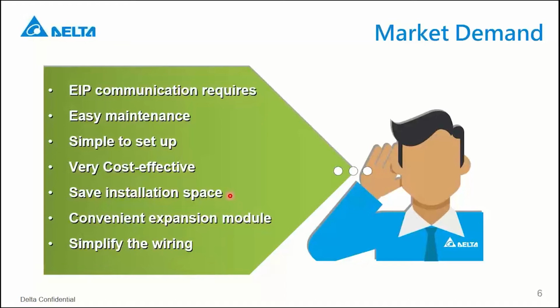There's a big control panel, and at the front there are many panel-type temperature controllers. Basically, the function of the control panel is to install the temperature controllers, which wastes a lot of space. And also there's convenient